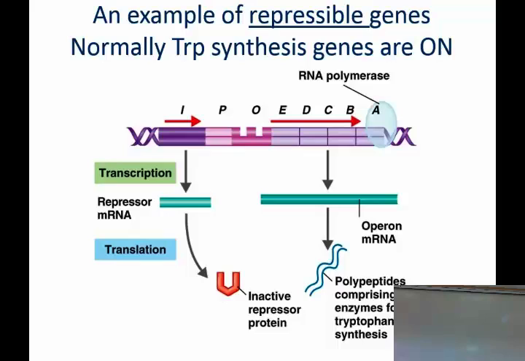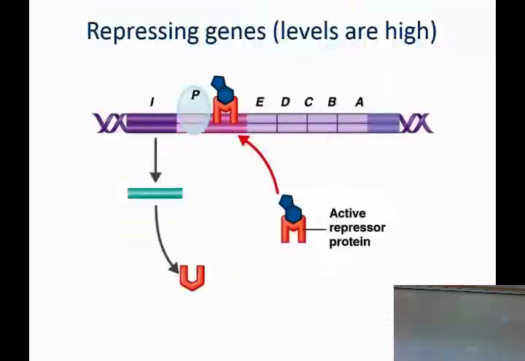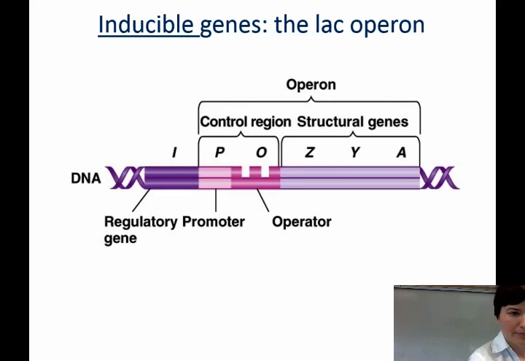These are made into all of the proteins that you need to synthesize tryptophan. This guy's made into a repressor that is not active, and it just sits around waiting for some kind of signal. Which is, if you have too much tryptophan, it fits into this protein, turning it into an active repressor, which can now fit into the operator site and prevent polymerase from making more of these enzymes that we don't need right now. On the other hand,